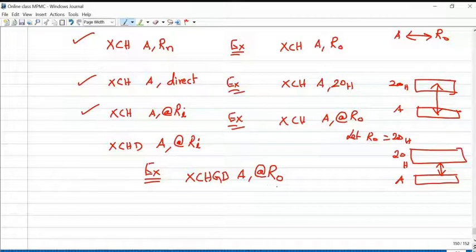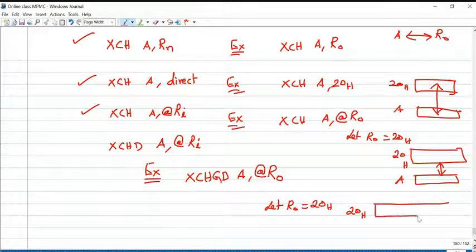So at the rate R0 represents, let's assume R0 value is 20H. 20H is the internal RAM memory location. It can store 8 bits. So this is D0 to D3, and then D4 to D7.